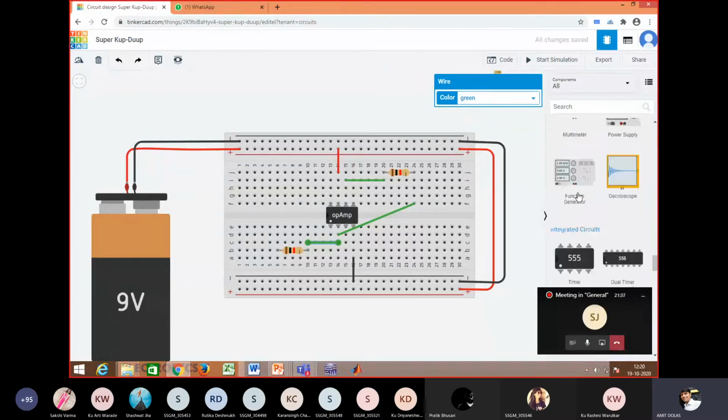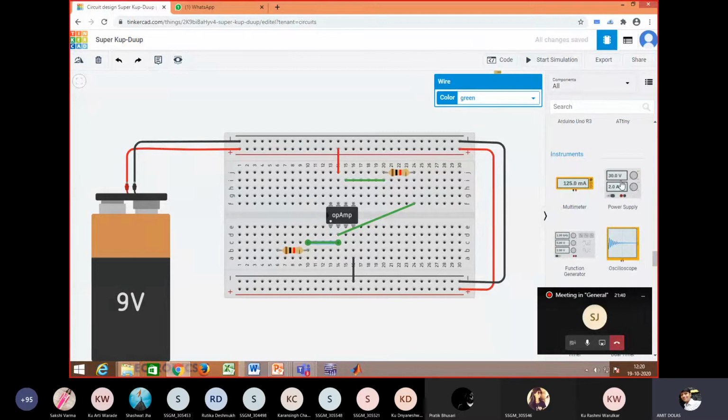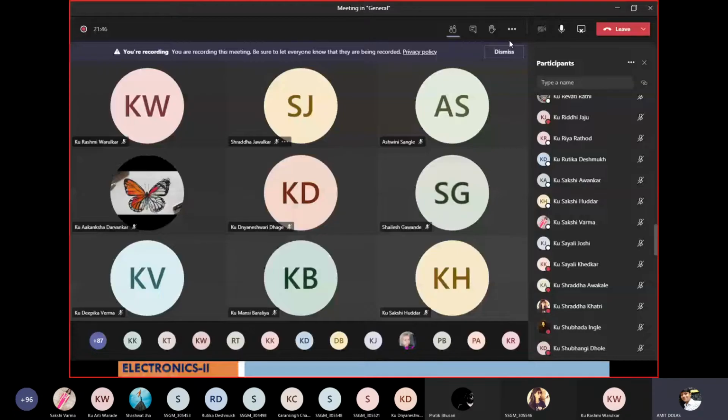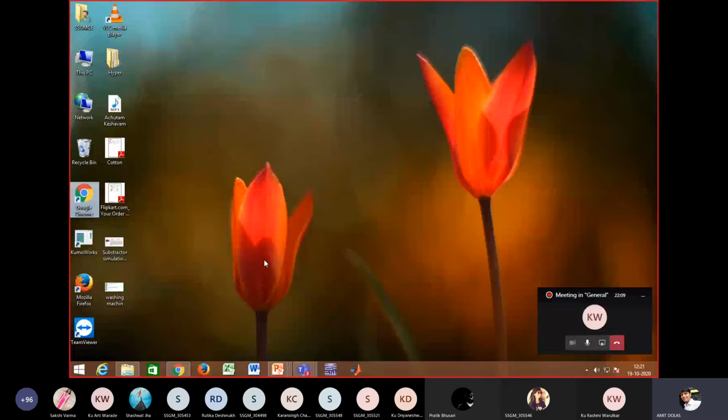voltage is required. So there is a power supply block. Function generator block is also there. So we do have a power supply as well as a function generator.